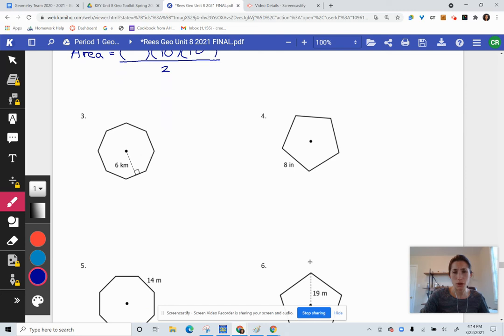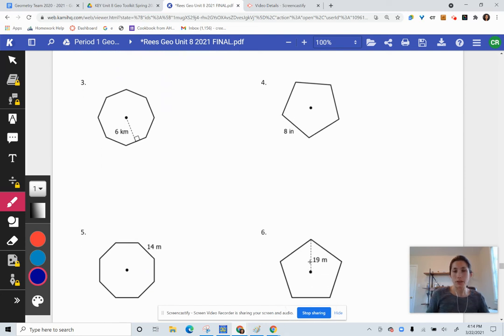On to question 4. The difference here is that you're starting with a side length, and that's a full side length. You still do need to create our little half triangles here. So when creating that half triangle, we still have to find the angle in the middle. We can find that angle by taking 360 and dividing by twice the number of sides we have. There are 2 of those angles per side. And then when you draw out that little half triangle,